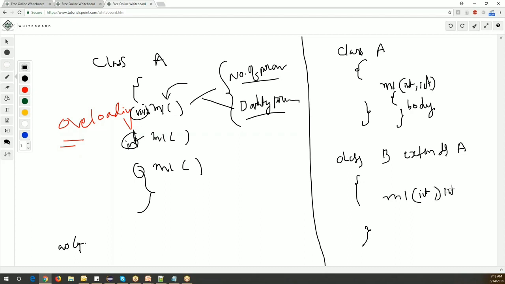Integer and integer. This is called overriding. Now observe this carefully. In the parent class, we have a method called m1, which takes two parameters, integer and integer. Both are integers, and the body is written. Now in the child class, if we want to override this method, when we call this overriding, it means the method